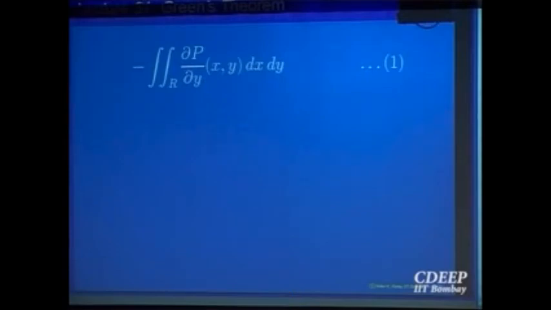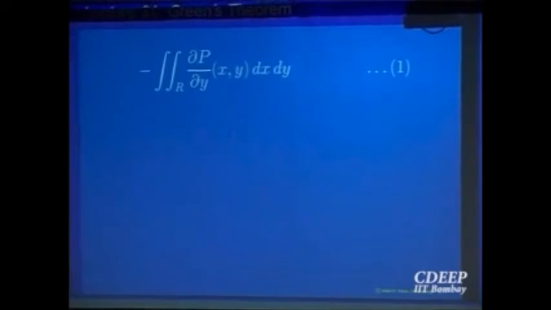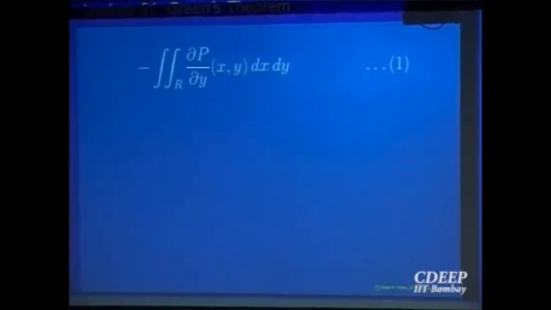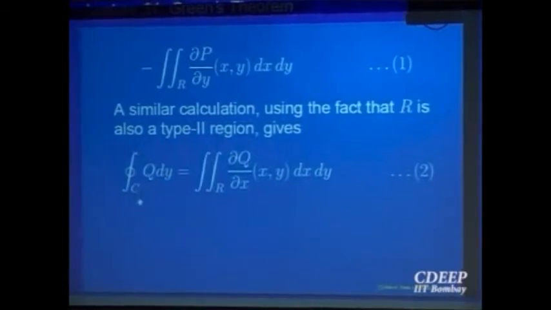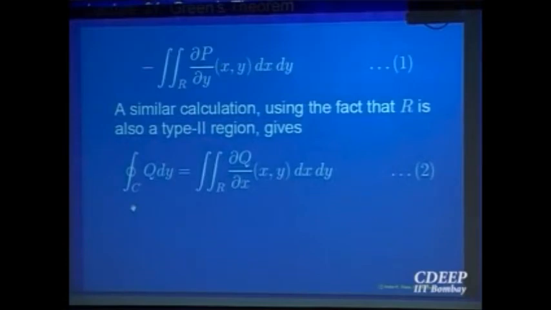That is the first one, P dx. I have used the fact that your region R is representable as a type 1 region and evaluated the line integral by giving suitable parameterizations. Same thing you do for the other one, Q dy. There you use the fact that the region R is also expressible as type 2. Accordingly you evaluate and you will get the answer. I strongly advise that you write down a proof of that integral of Q dy, write the region enclosed by C as a type 2 region, because that will help you to analyze the problem also.